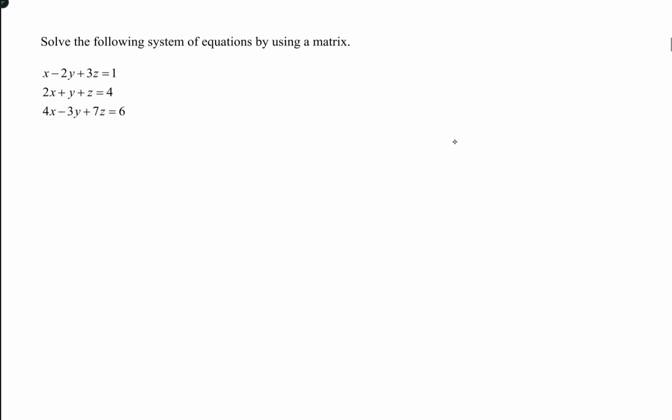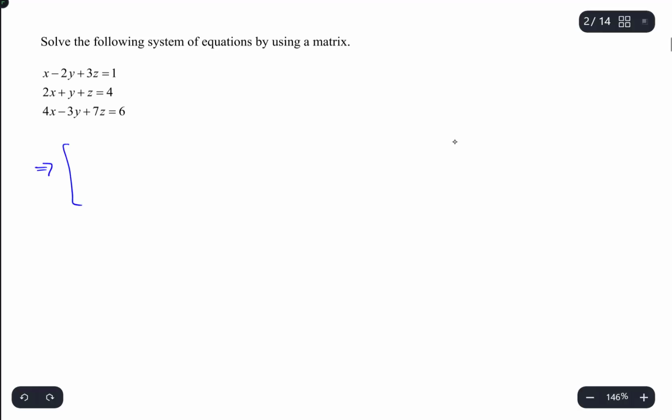So this is considered to be a large system. And in order to solve a large system, you can use things like substitution and elimination. However, it is a little bit difficult keeping track of all the different things you need to do in order to solve it, and it's easy to get lost. So we use a more generalized process called the Gauss-Jordan method, which requires us to change our system into what's known as an augmented matrix, which is a matrix that has the same number of rows as equations and columns